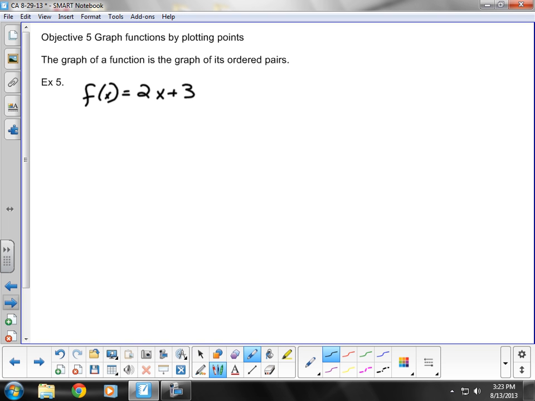So if we were going to do this, remember that we can make ourselves a table of values. So here's x and here's the f of x or y. And I can just put some different values in for x, or you can put it in your graphing calculator and look at the table, however you want to get these numbers. So let's just do -2, -1, 0, 1, and 2. And then if I evaluate that, I get -1, 1, 3, 5, and then 7. Okay? And so then when I do that graph,